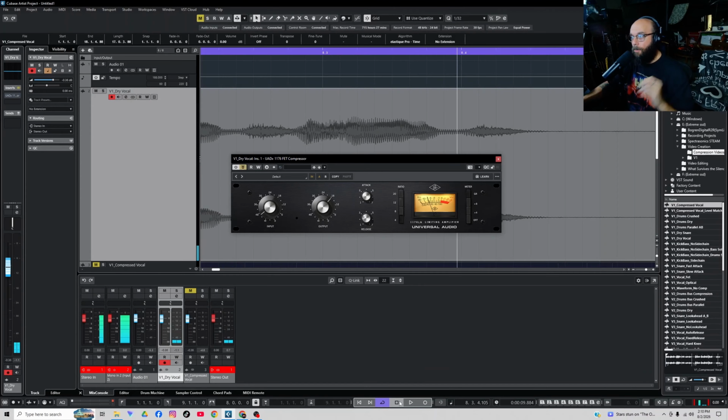But if I bypass the compressor, notice how the volume jumps drastically, right? So what we do is we use this output, or on some compressors it's called a makeup gain, to match the level. Louder doesn't necessarily mean better in this situation. What you want is you want your compressed level to match your input level. So if I do that here,